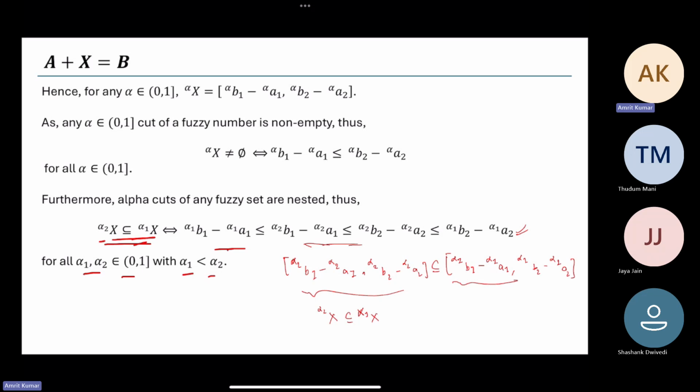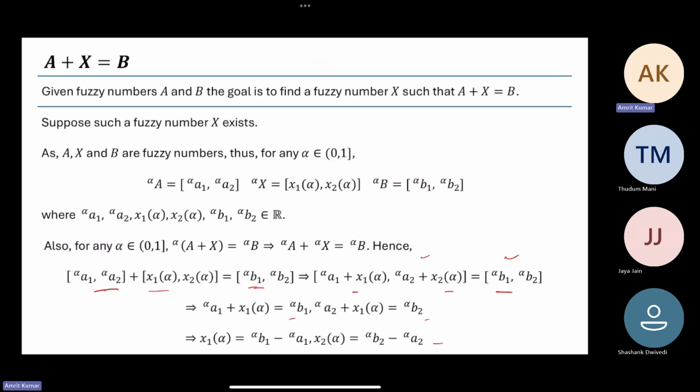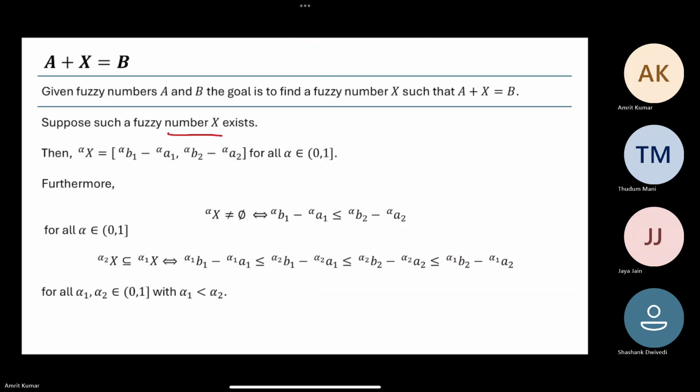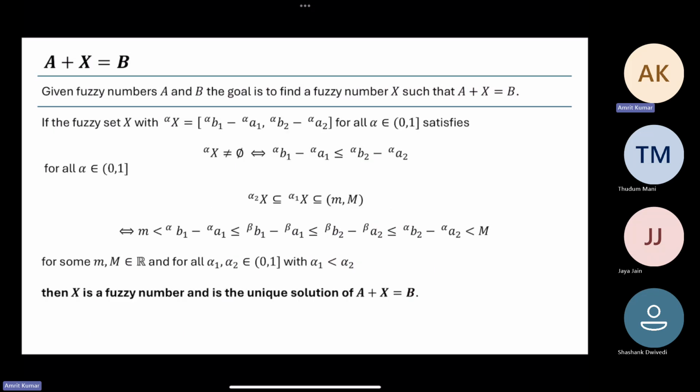So this condition that the alpha cuts of x should be nested translates to this. In books, you'll find this condition, but all this means is that the alpha cuts of x are nested. Now, to summarize, we assume that a fuzzy number x exists such that A plus x equals B, right? And then we found out that this is how the alpha cuts of x look, and these two conditions hold. Now, what is interesting is that the converse also holds. What do I mean by that? It means that if I consider a fuzzy set x